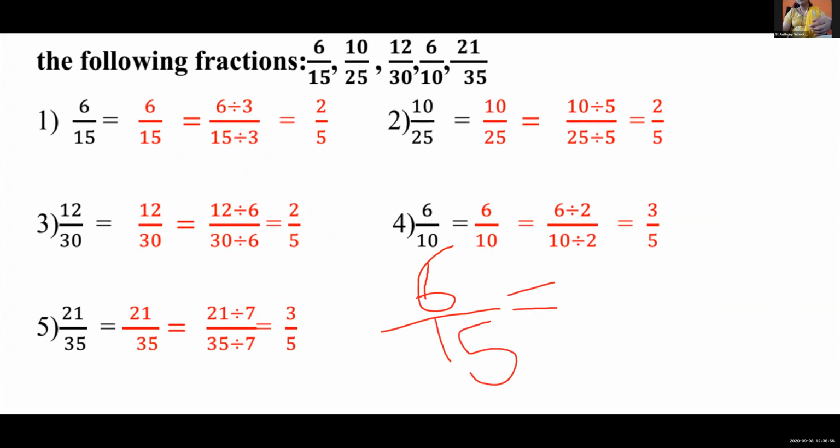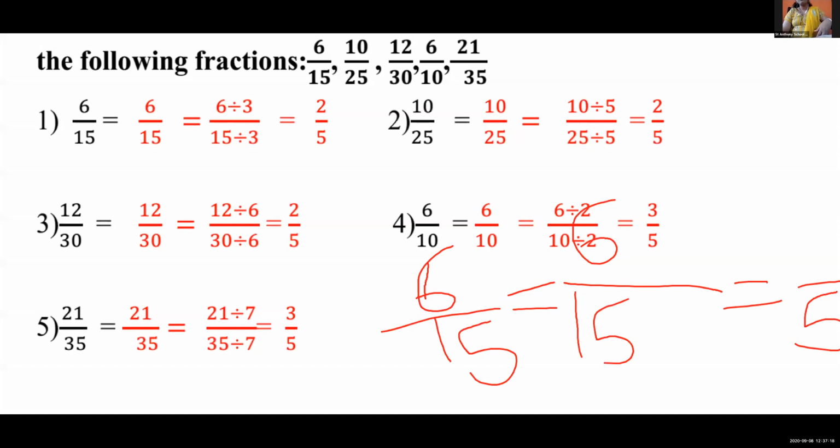Now we want denominator 5. Now the denominator here is smaller than 15, so we'll do the division. Again give the equal sign: 6 upon 15. We have to divide this, because our denominator is small. Now find out the number by which if you divide 15 you get 5.